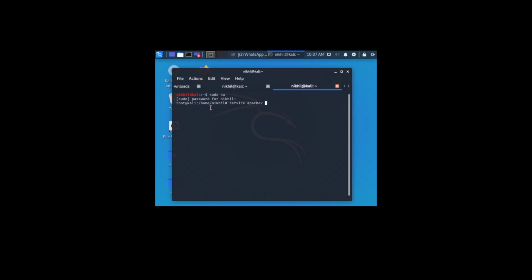Apache2, which I have installed in my system right now, so I'm using it. So guys, I have already started the Apache service. Now I'm going to start a database which I need. When the information from the victim gets to me, I need to store it in a database. So I'm using a database called PostgreSQL.